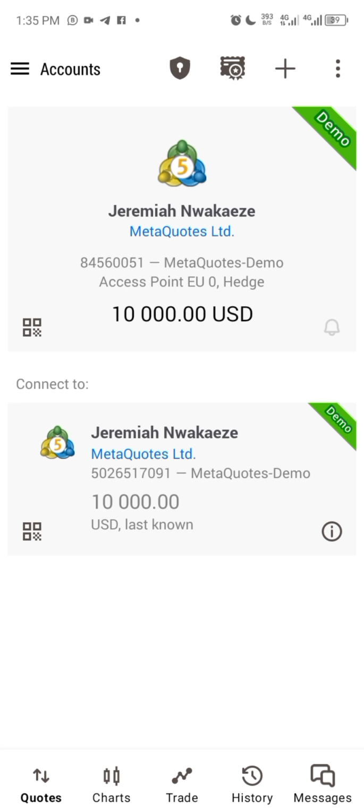So the next thing I want to show you is at the bottom of the screen. As you can see at the bottom of this screen right here, you can see where it is written quote. If you click there, you will find all your currency pairs, like the currency that you'll be trading with. You will find them right there. And if you click on chart,